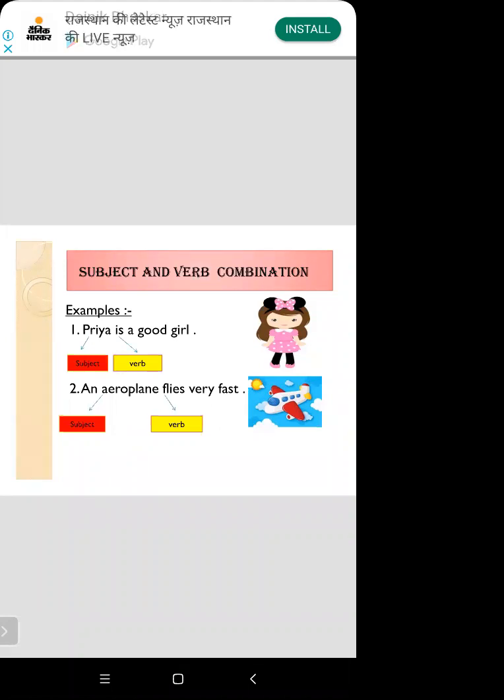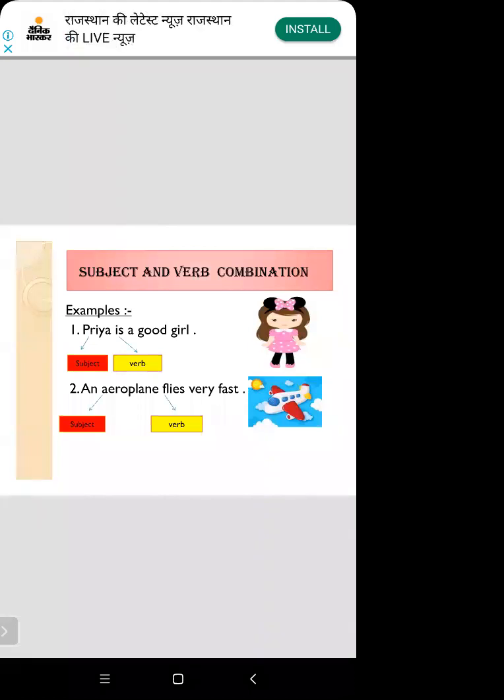So you know very well we use as a helping verb, as a main verb. मैंने आपको भी बताया था कि हम verb use करते हैं as a helping verb और main verb. But you know very well the main verb, helping verb, to be verb. To be verb is here as is, are, am, was, were, being, been. Okay. So here you notice that is here as a verb. यहाँ पे to be verb हमने use करी है is, but ये कोई action नहीं है, ये state of being बता रहे हैं आपको.